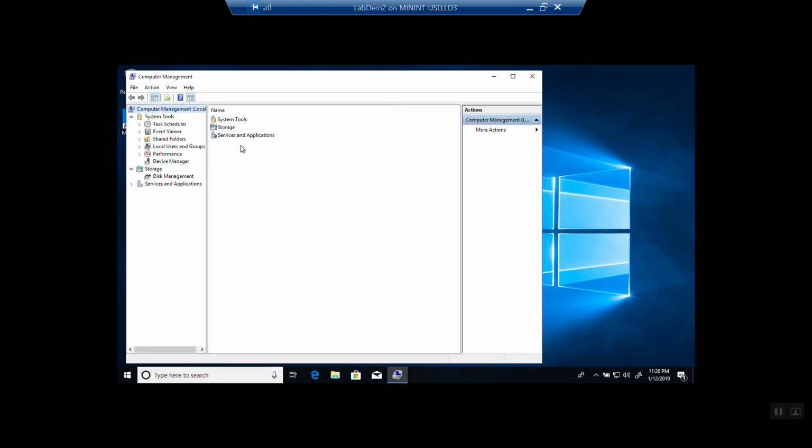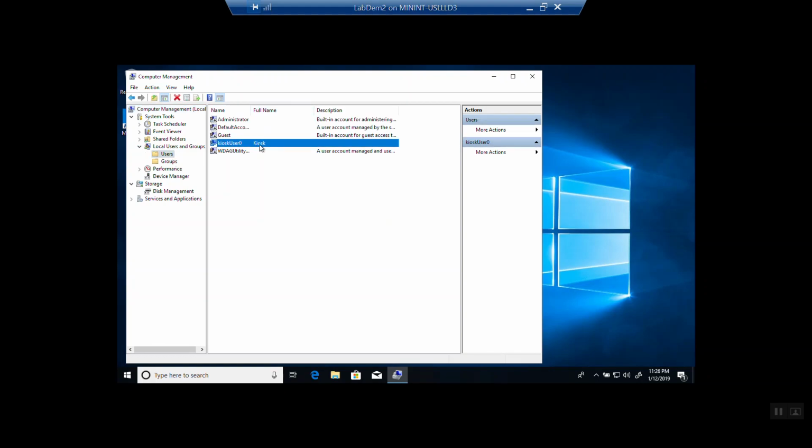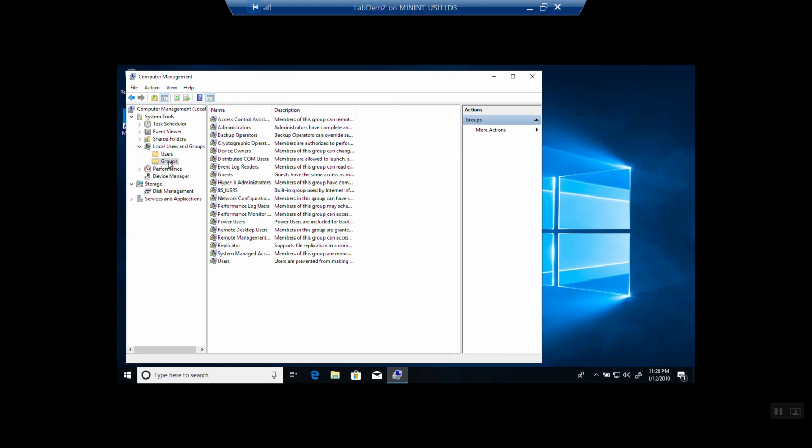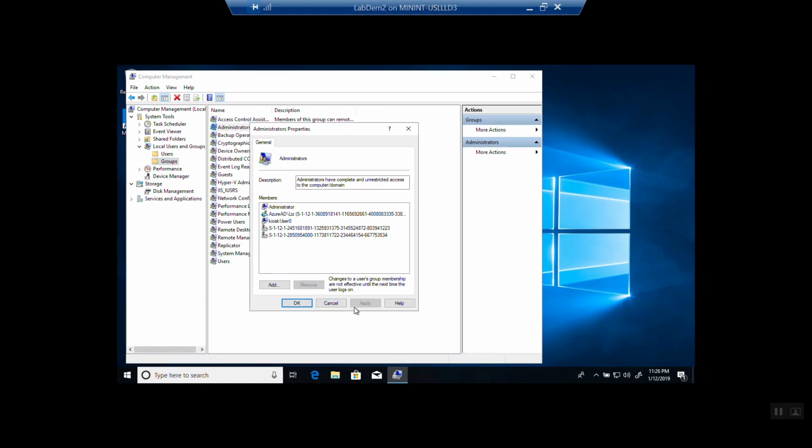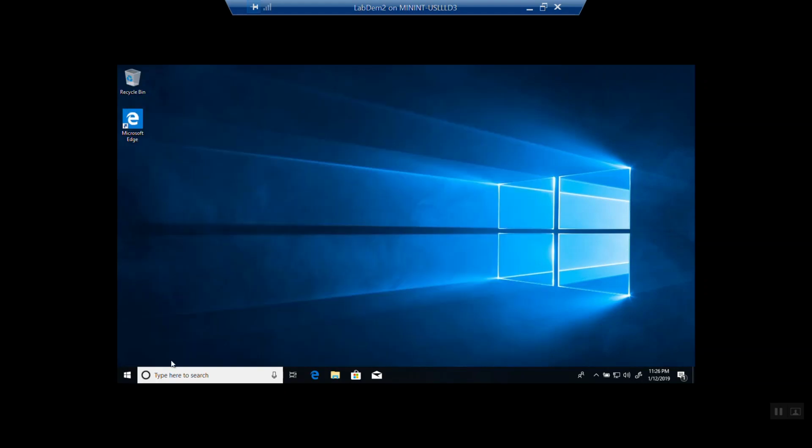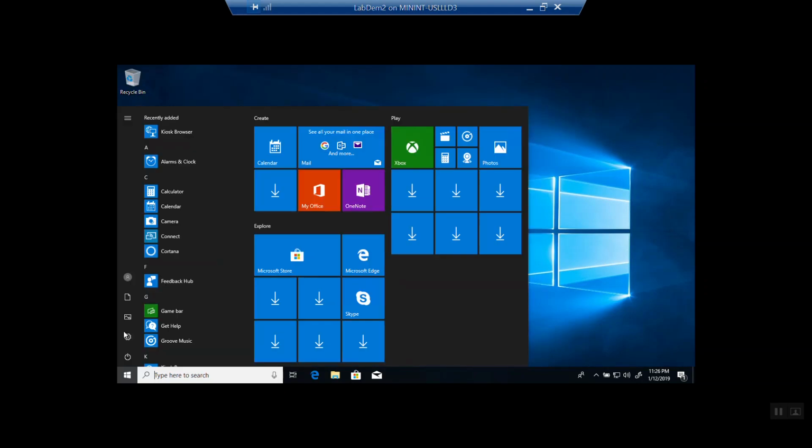So it's created, and if I go into local users and groups and users, I can see that kiosk user 0 is created with a display name of kiosk. By default, it's not a part of administrator. So this is when Liz would be logging into the device and adding kiosk user 0 to admin, after which kiosk user 0 would be able to RDP into this device. So now if I sign out